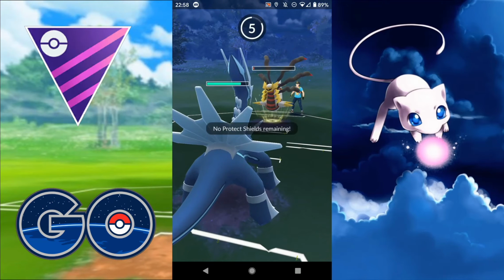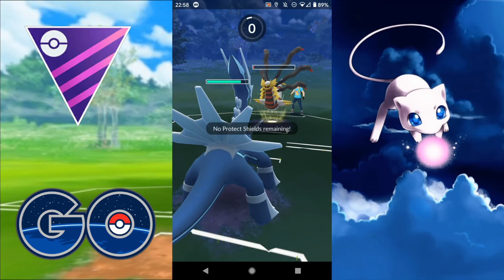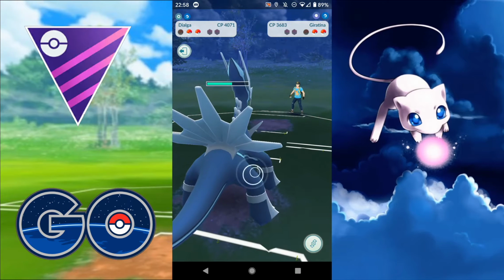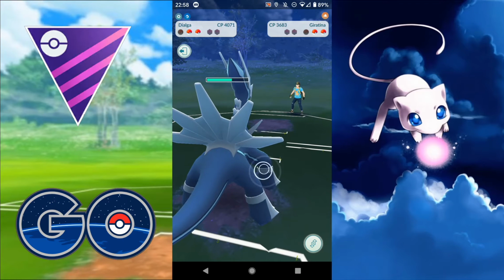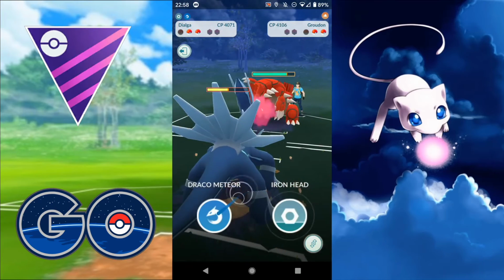Unfortunately, they did get to another charge move. Obviously, I don't have a shield, so I'm going to have to let this go. But they only managed to get to the Ominous Wind, so it only does a tiny little bit of damage. They did get the boost there, but absolutely fine. We were able to charge them down. So we're waiting to see what comes in next, and they're in a little bit of trouble there. So through comes the